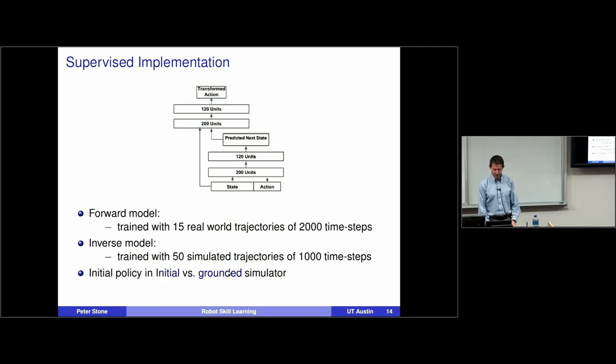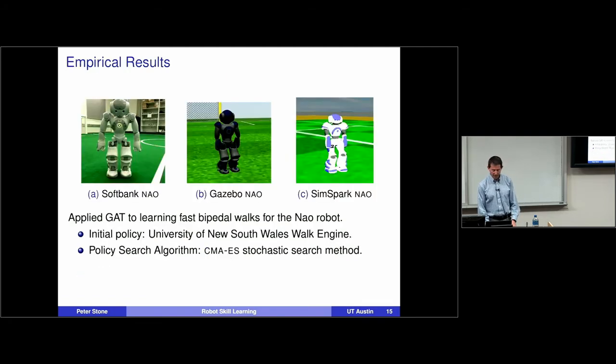Once we've got this neural network, we put it in, and we can do some experiments and see how well this works. We actually have a real robot, a sort of high fidelity simulation, and a lower fidelity simulation. So we can do experiments from either of these to the real robot, or from the low fidelity to the high fidelity, which is the more practical way to get lots of data. But in the paper we have all the details of this.